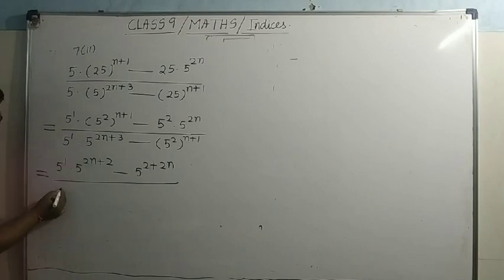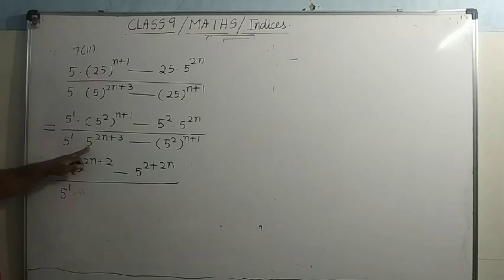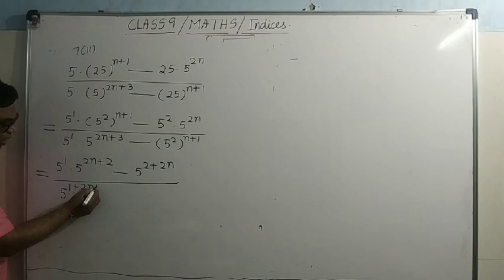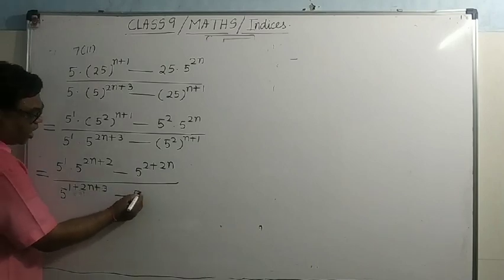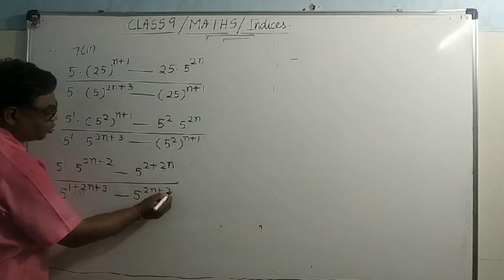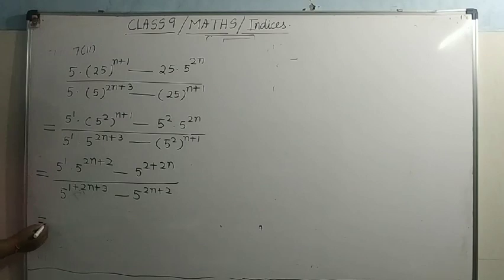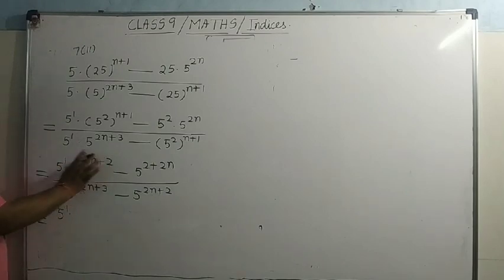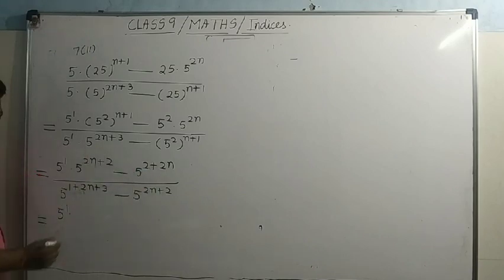Then 5 to the power 1 into, here you can see bases are same. This is the product of two exponential numbers. One is 5 to the power 1 and other is this. Bases are same, so powers will be added. On opening the bracket, 2 will multiply with this whole thing, so it will become 2n plus 2. It's clear? Now when you simplify here, it is 5 to the power 1. We will not simplify further, because here it is 5 to the power 2n plus 2 and this is also the same thing. So first you write in the same way.